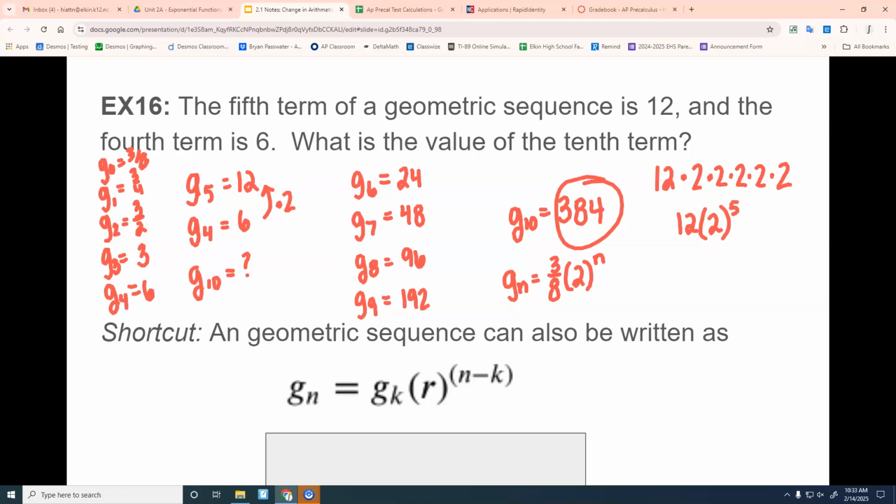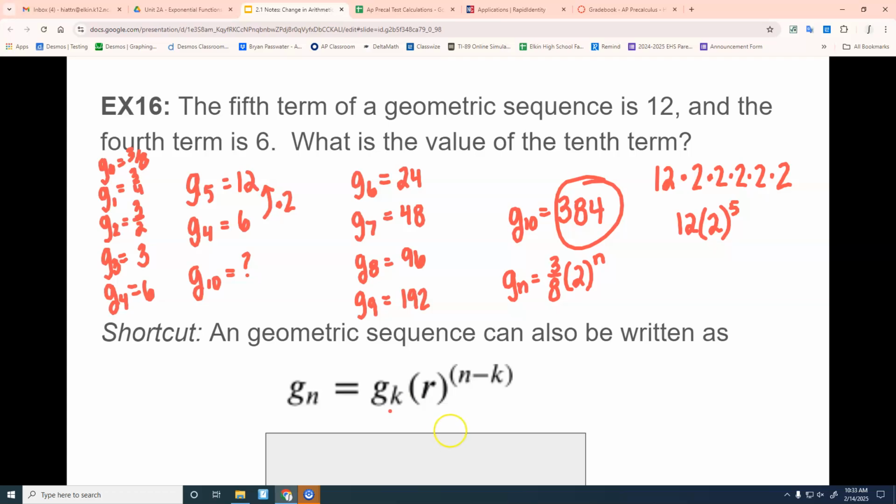Okay? Where would that 5 possibly come from? Like 10 minus 5, right? So if we don't want to go all the way backwards, because especially on this one, going backwards to 0 starts getting you into a bunch of fractions that you'd maybe rather not deal with. We could use this formula that they have down here,